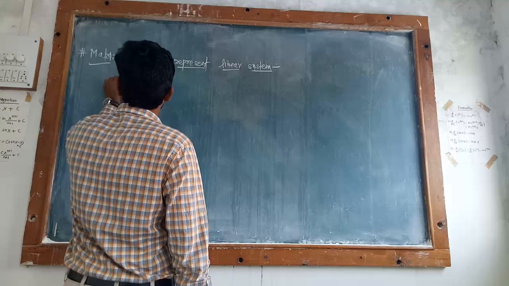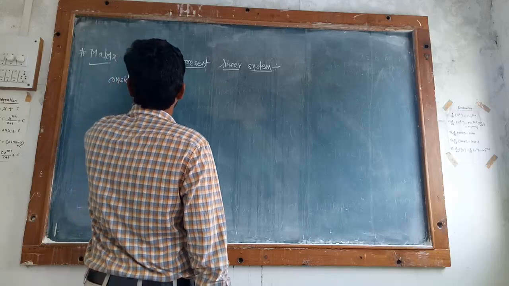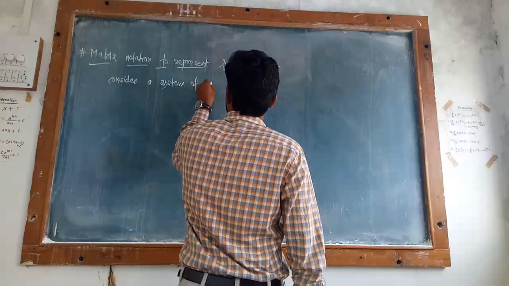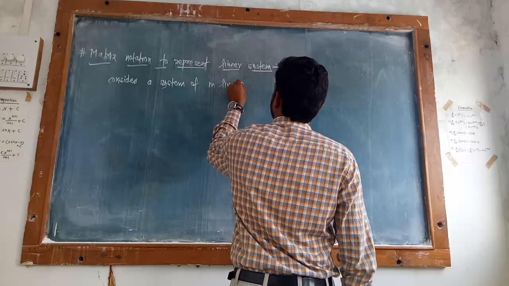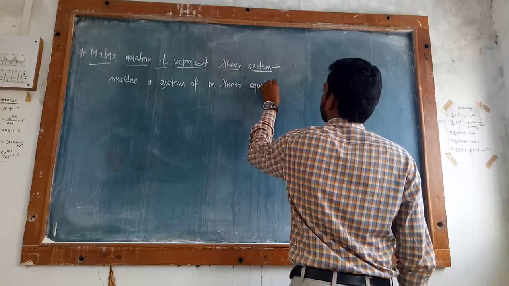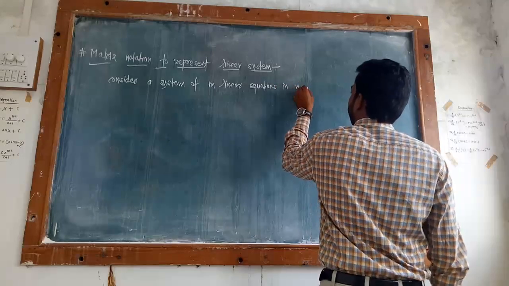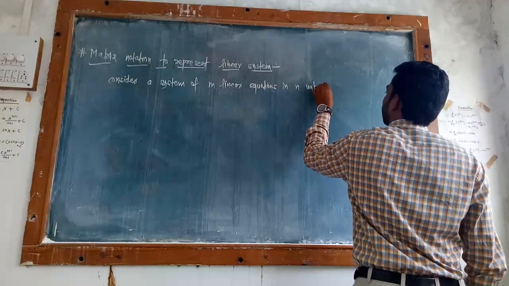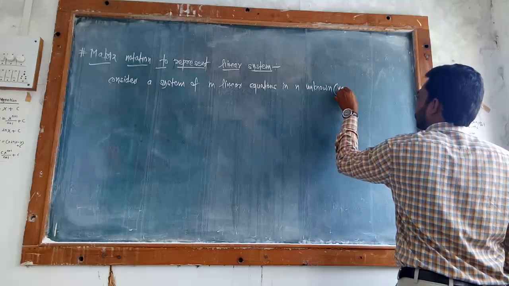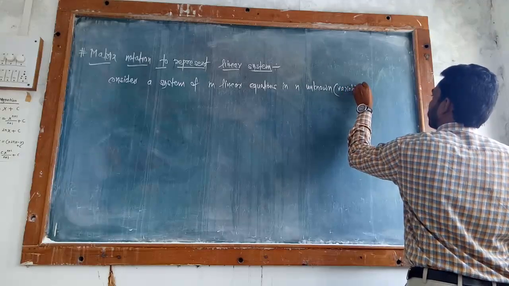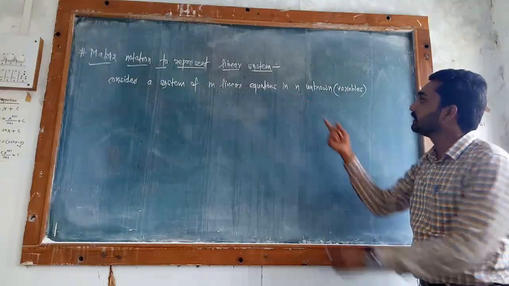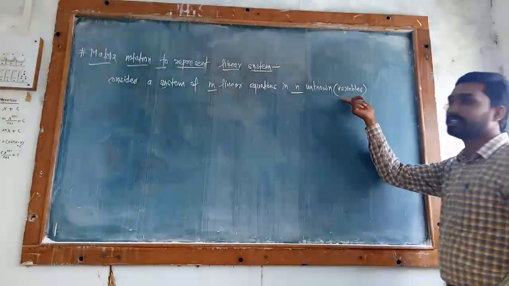Consider a system of m linear equations in n unknowns. What do you mean by unknowns? That is your variables. If we consider a system of m linear equations in n unknowns, that is variables,